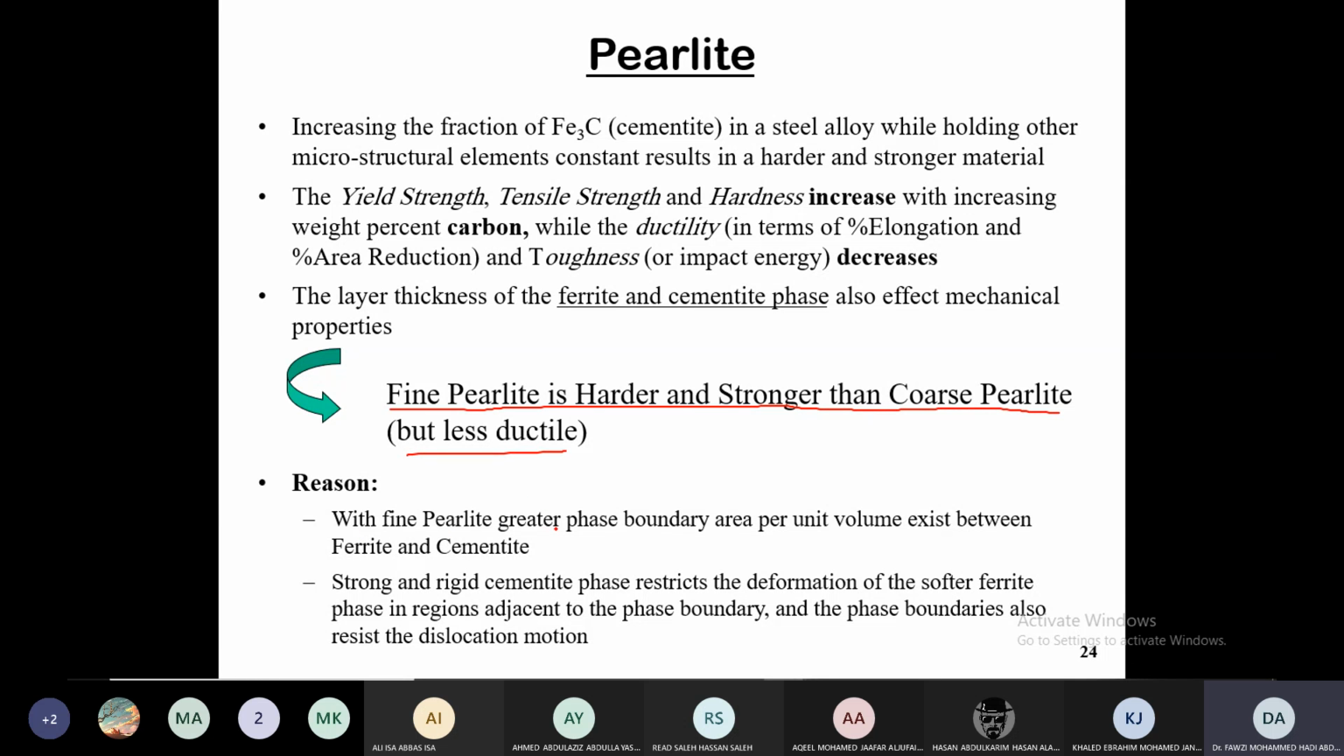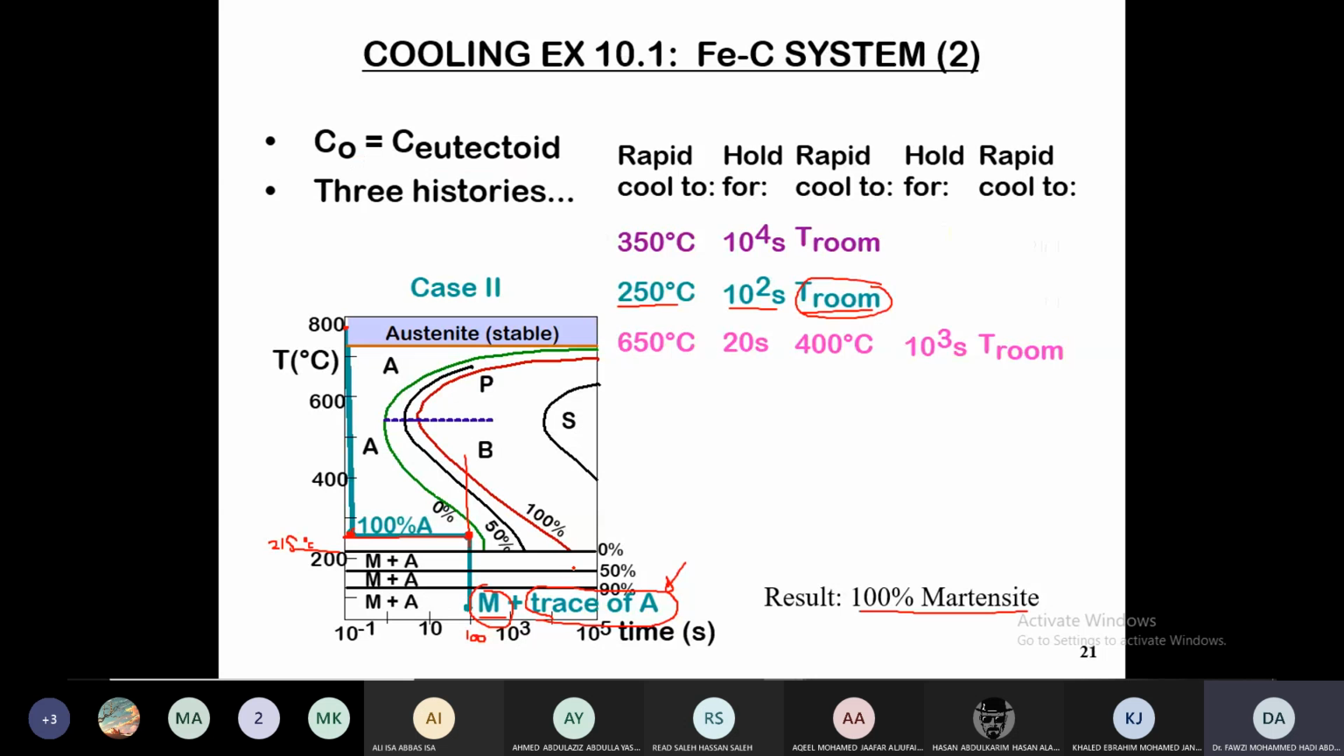With fine pearlite, there is a greater phase boundary, not only phase boundary but also grain boundaries, per area of volume between the ferrite and the cementite. So this is one reason. You have much more grain boundary and phase boundary area, more resistance to dislocation movement, and the material becomes much stronger. Another reason which makes it very strong, if we look at the cementite here,